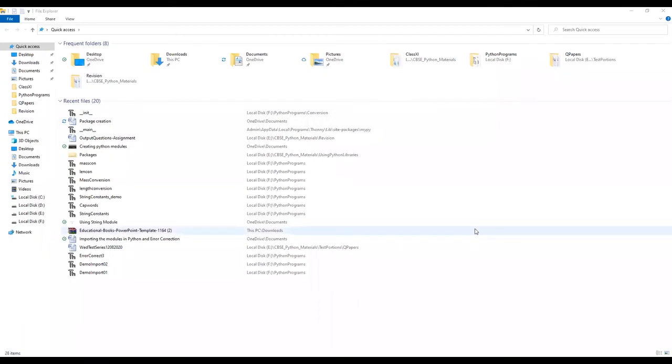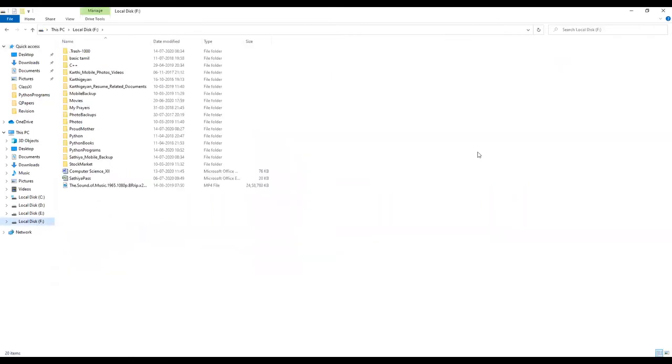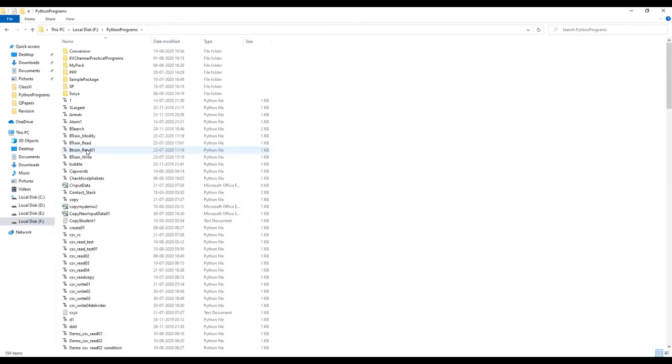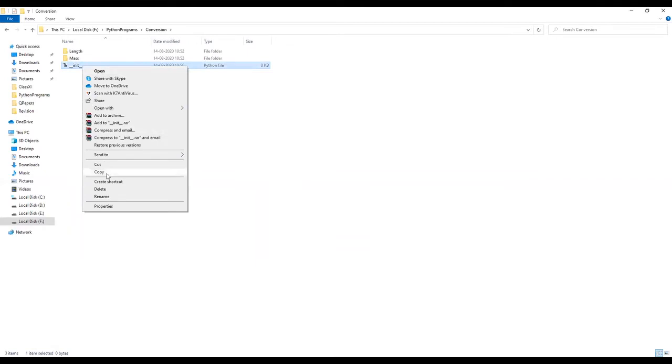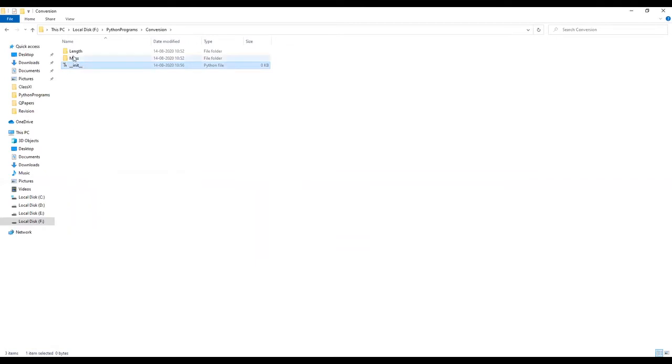My next step is, I am moving to the directory where I have created the folder called conversion. The conversion folder is in Python programs. There you can see the conversion folder, and you do have that empty file named __init__.py. I am just copying this particular empty file.